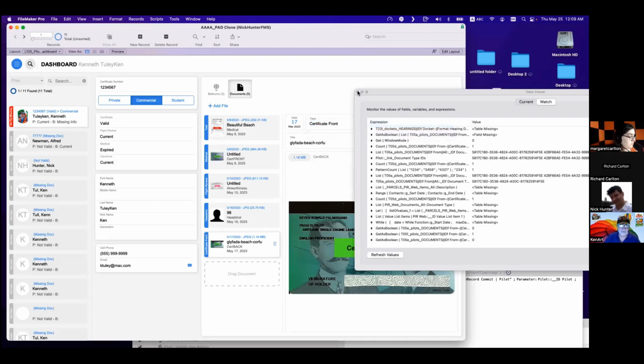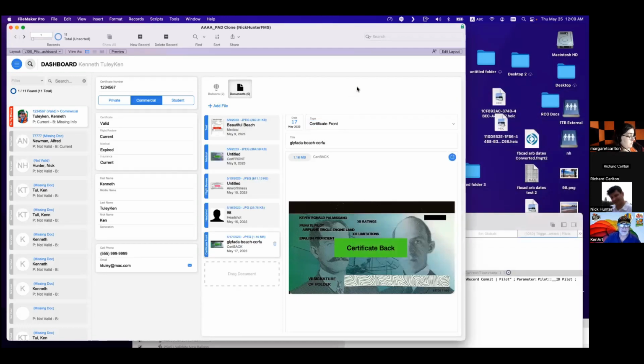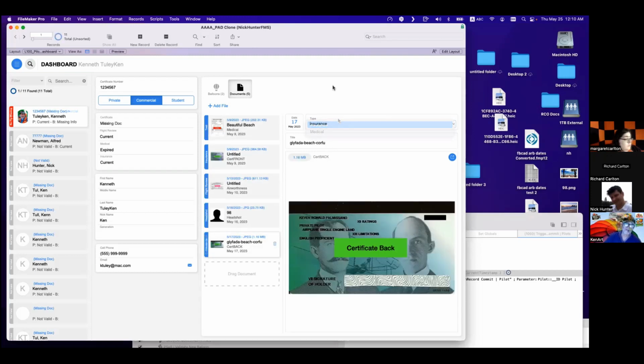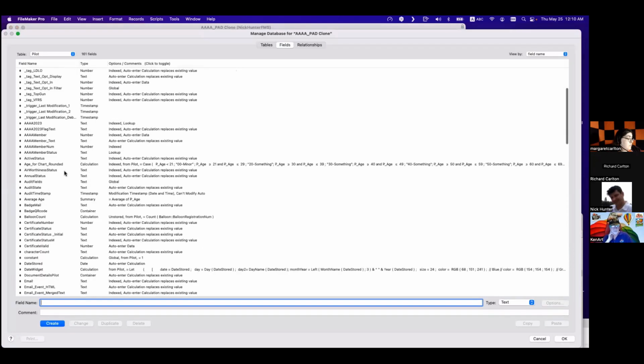Okay, so now missing back. I have the front. So if I change this to back, I thought you changed the other one, but that's okay. Yeah, back. Now it said missing front, and if I set this one, front, it said valid. And if you take them both out, this one and this one, yay! Right? So you have a nice calc here, got a little bit difficult to get there.